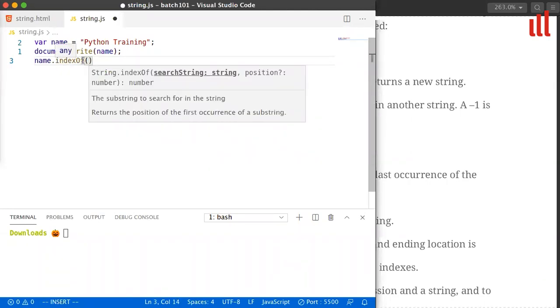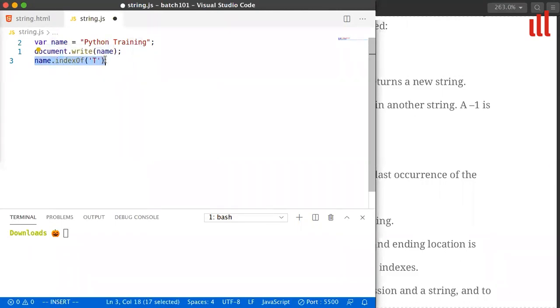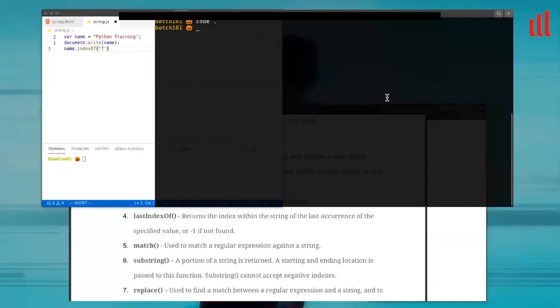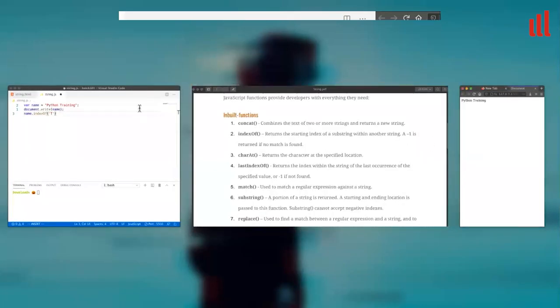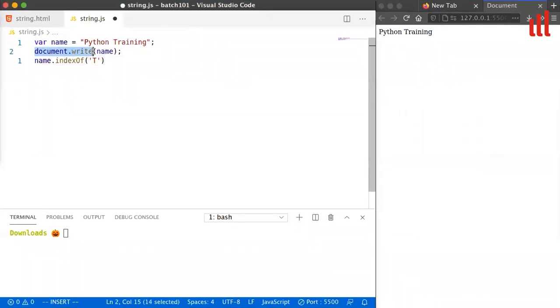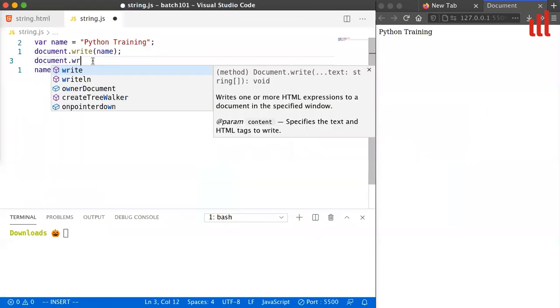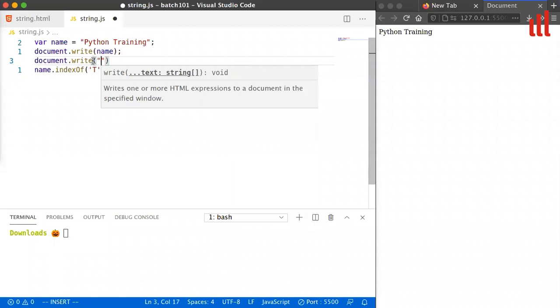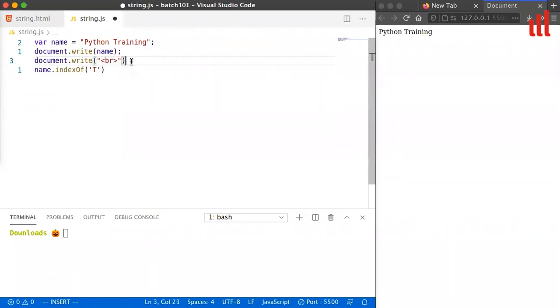Here you have to type any string. I'm going to type a t here, and if you want to print that particular statement on top of the browser screen as well, you need to use the same statement I used earlier. Either you can also use console.log to print all these statements on the console. It's your choice what you're going to use. Let me do a line break between the statements, so you'll be able to see it in a perfect way. And I'm going to use the same method,